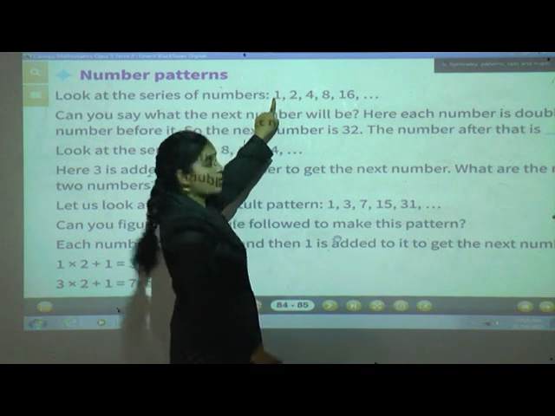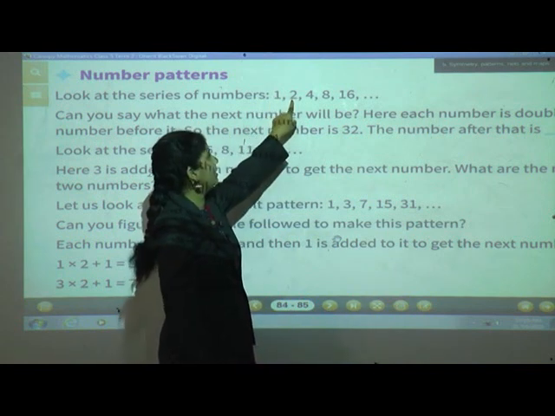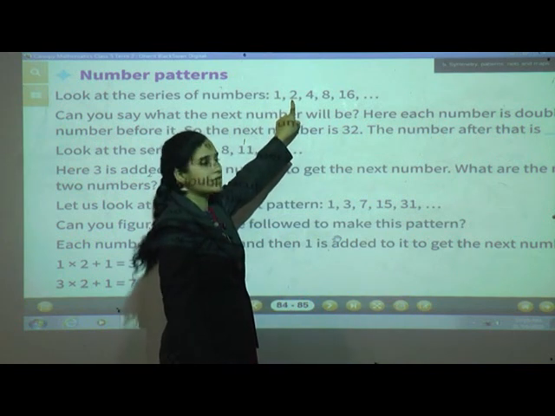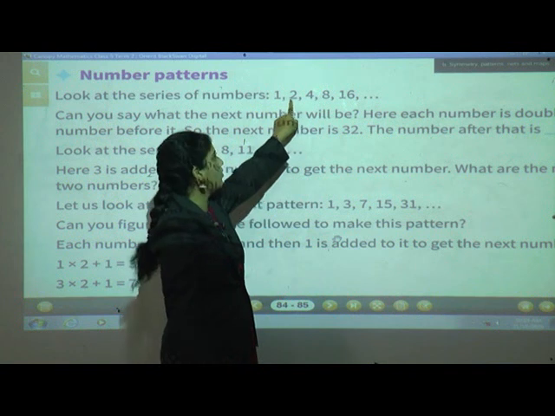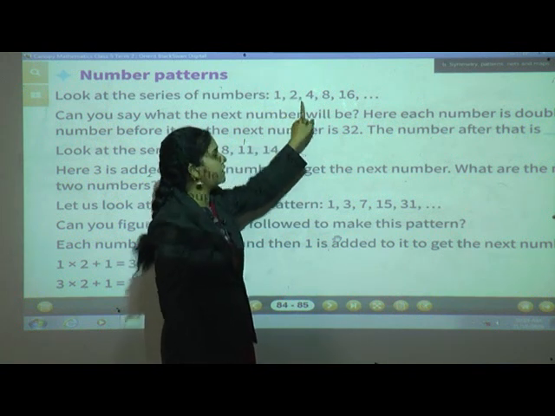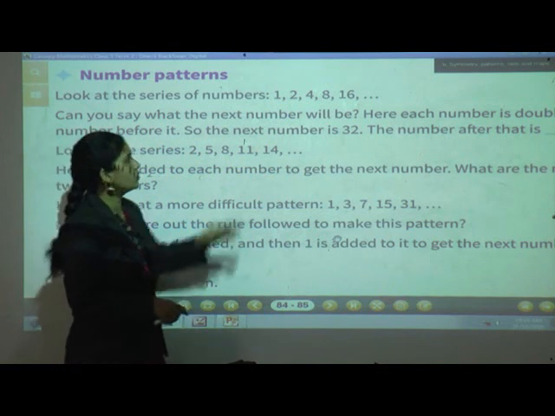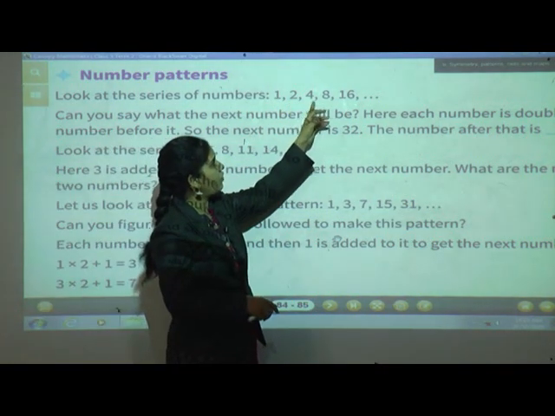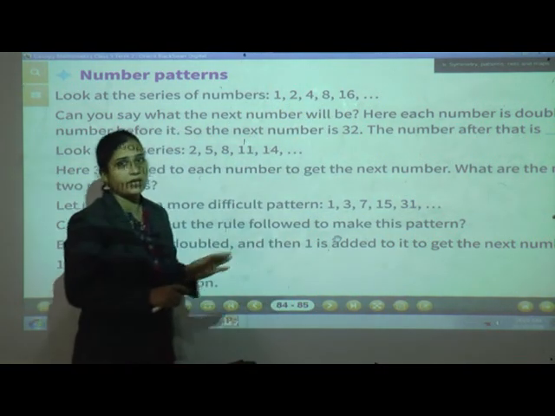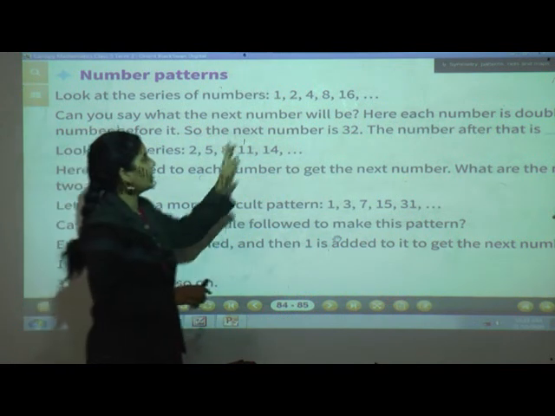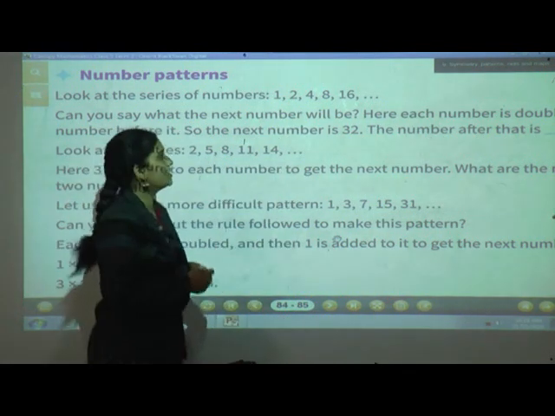This one is a square of 1. Here this one is a square of no. So that means they have not given here the series of a square. Okay, so don't get confused. Here 4, 8, 16. So they are the squares. No. Here they have not given the series of a square.